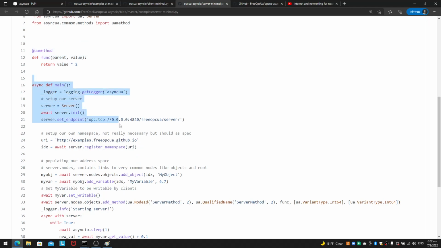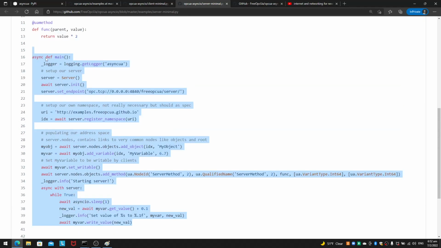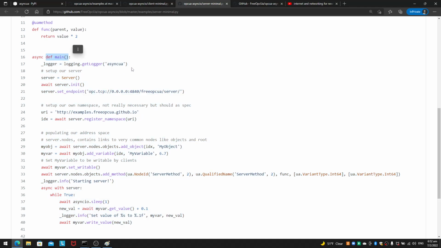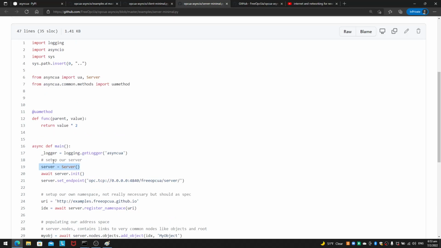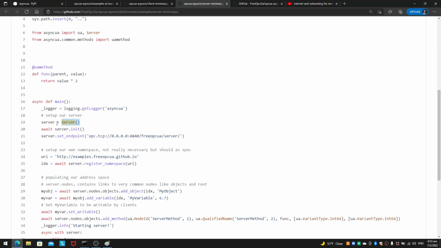Okay, so again, we actually define an asynchronous method or asynchronous function. Here is the main function. Again, we have our logger giving us data. Logger will give us debug data. Then here is a part where we start to set up our server. And here we are actually declaring a server object. We actually imported server from asyncua. Alright, we imported a server from asyncua, and then